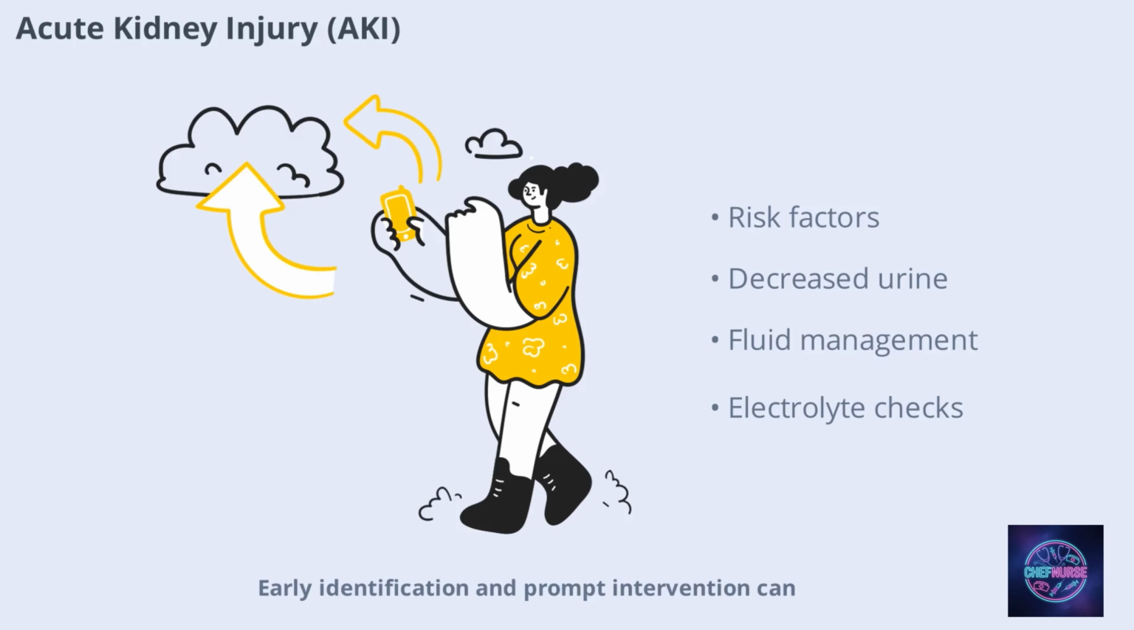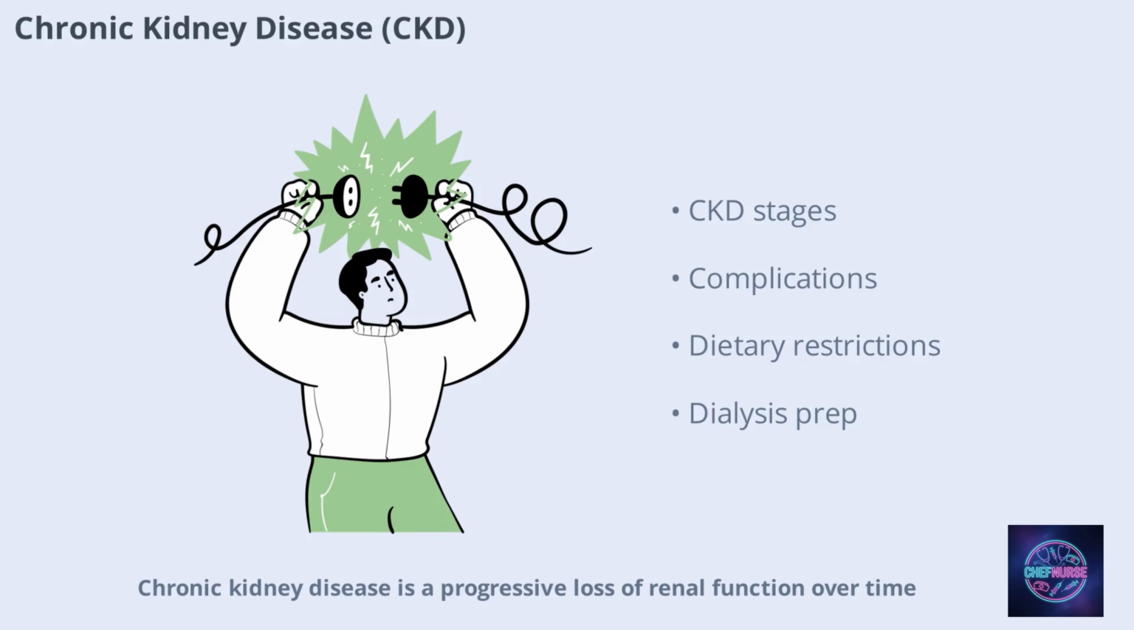Early identification and prompt intervention can prevent further complications and improve patient outcomes. Chronic kidney disease is a progressive loss of renal function over time. For the NCLEX, focus on the stages of CKD, common complications like anemia and bone disease, and the importance of dietary restrictions. Know the nursing interventions for managing fluid overload, electrolyte imbalances, and patient education on medication adherence and dialysis